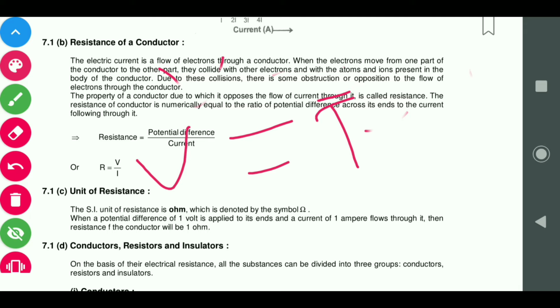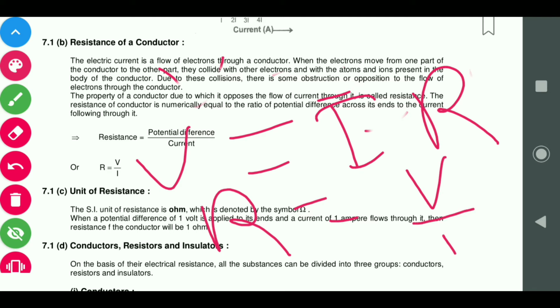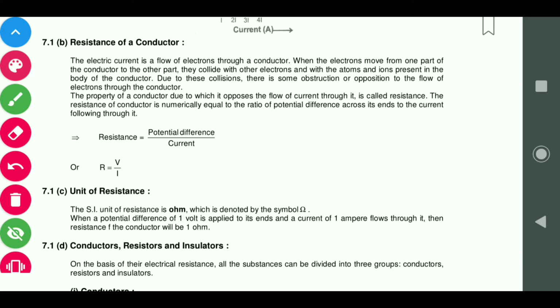V is equal to IR. So R is equal to V by I. This is the formula for finding resistance. The unit of resistance is ohm. So can we define 1 ohm? Yes, we can define 1 ohm. 1 ohm is the resistance of a conductor when the potential difference is 1 volt and the current flowing through it